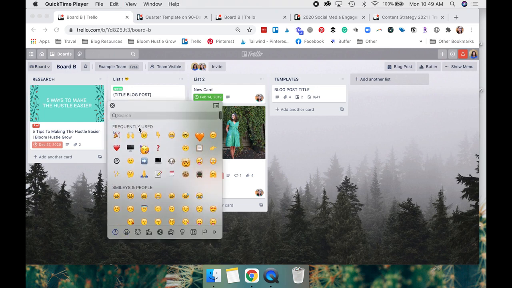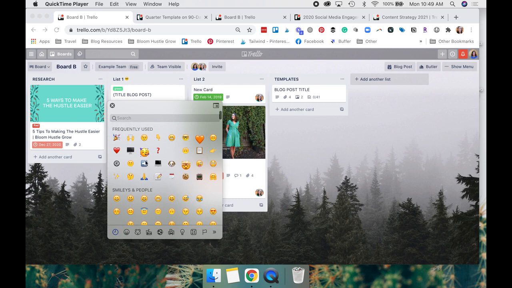For whatever reason, ever since I bought this Mac, it doesn't populate all my emojis. Like, they live there, but I can't see them. Anyway, that's just a weird glitch that I've never been able to get fixed, but it used to not happen.